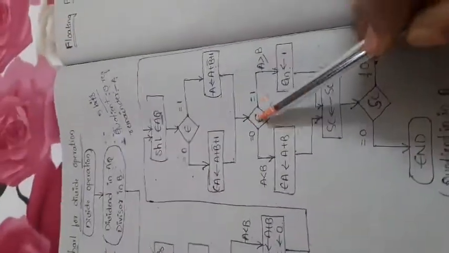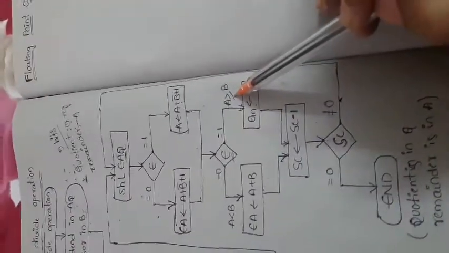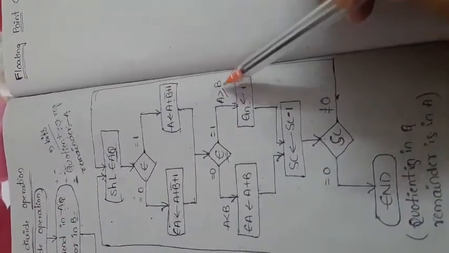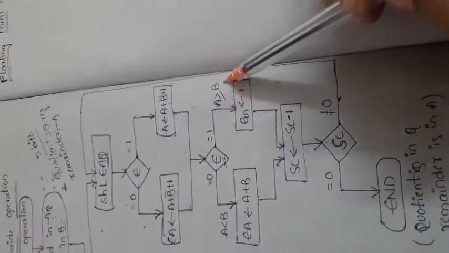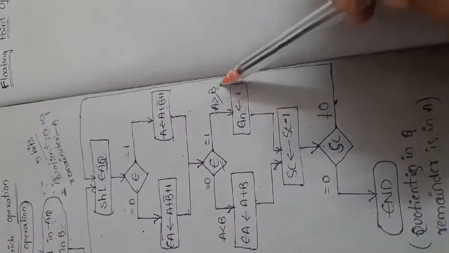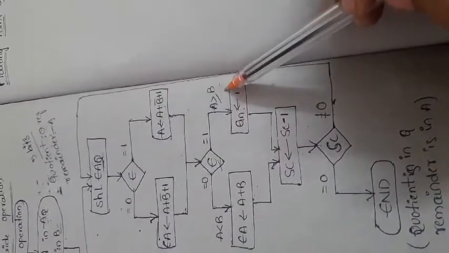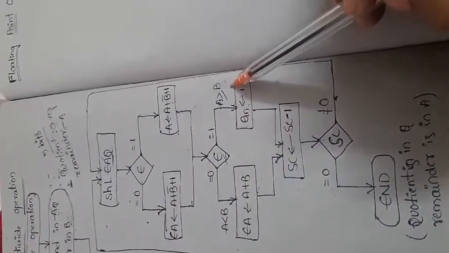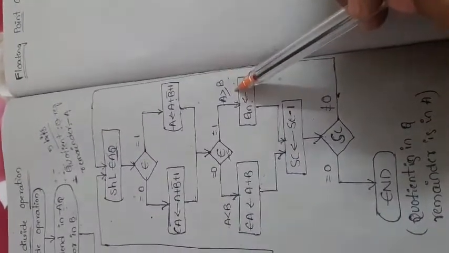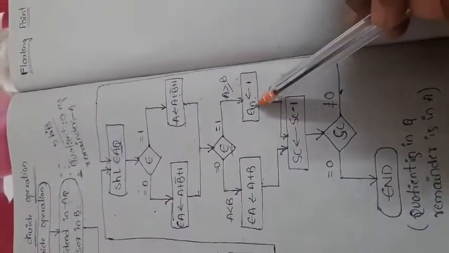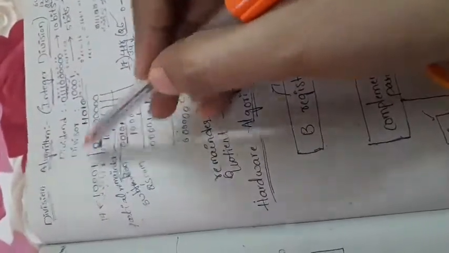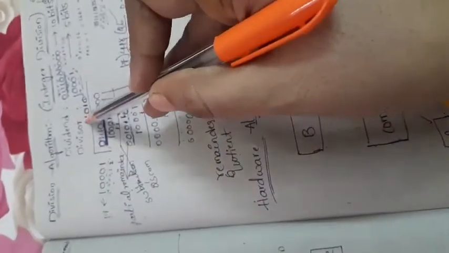If the E value is 1, what happened? This is nothing but A greater than or equal to B. So after that we check the E value. If E is equal to 1, then A is greater than or equal to B, which means we can say that this subtraction is correct. Then the coefficient value will be 1. A greater than B means this value must be greater than this, so we take the coefficient as 1 and the number will be present here, then we can go with the subtraction. That means division is possible here, right?